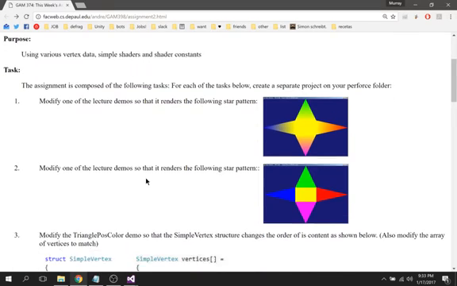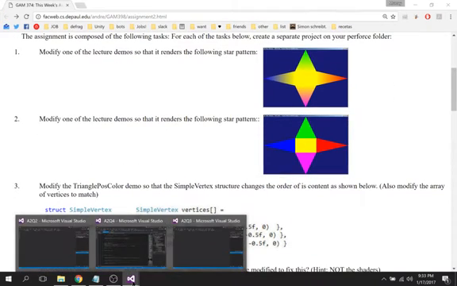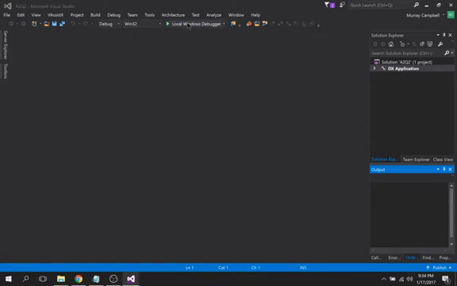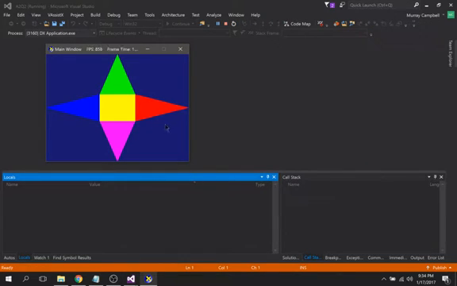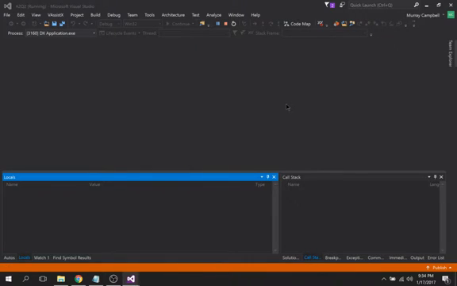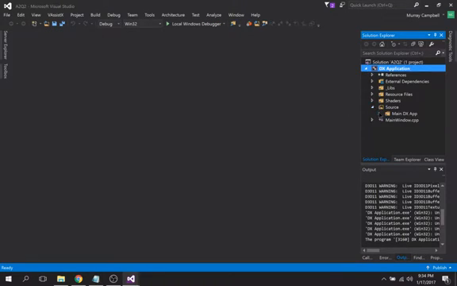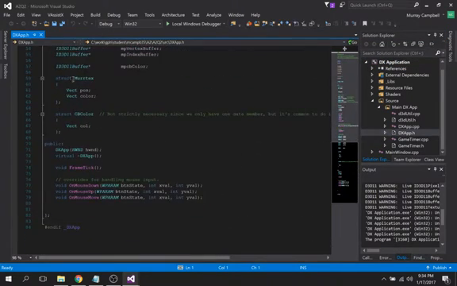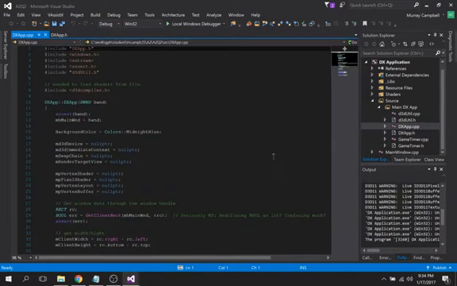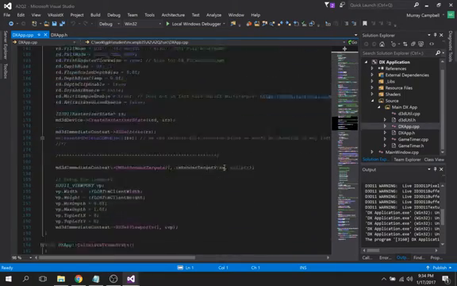In question 2, we had to render that star pattern. While I'm running this, I'll just show it. This one just involved having a lot of extra vertices, so we rendered a few distinct triangles that almost seem separate from each other. So we have the effect here. Like before, you can see we have the simple vertex struct that has just the position and a color, and then that gets set here,